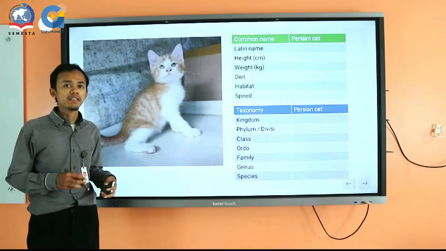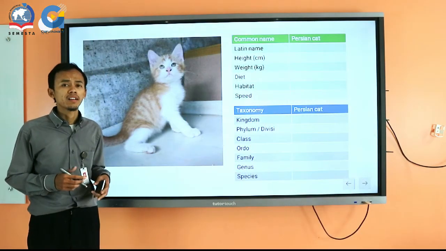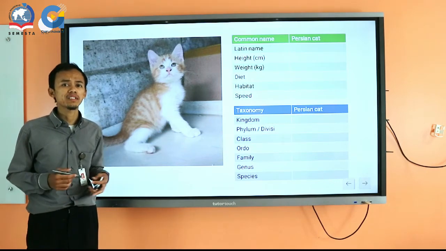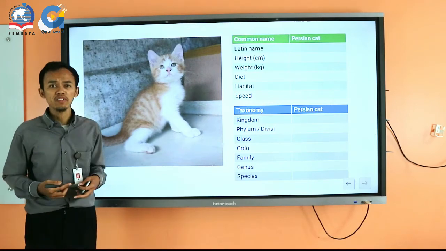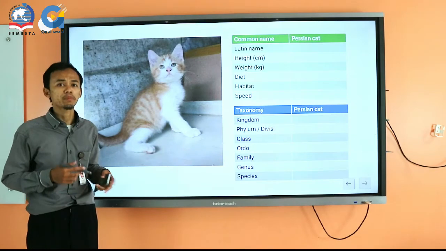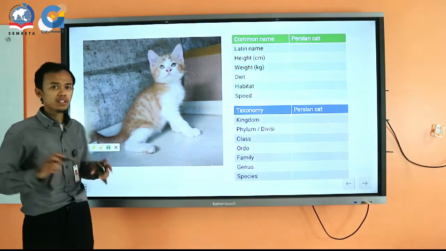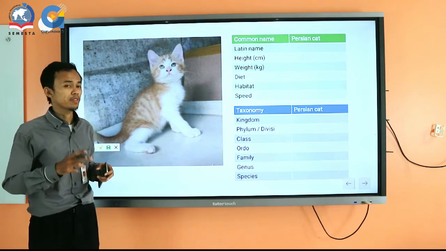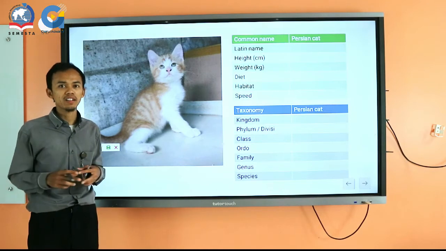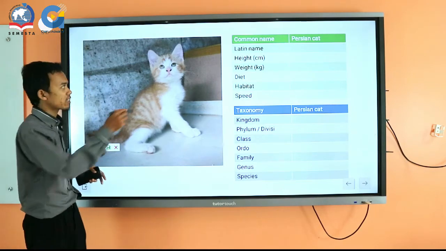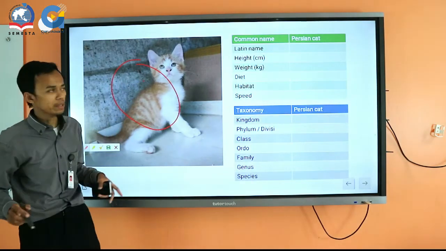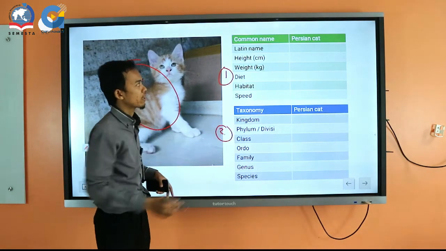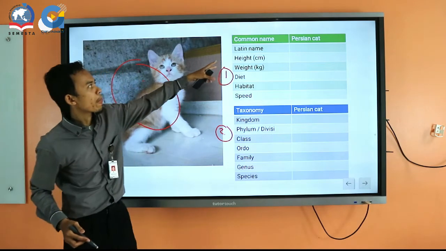Okay, students, I see in the chat box that somebody asked, "Sir, could you give an example of the project that we have to do?" Okay, this is an example of the table that you have to make for the project. First, you capture a photograph of the species with your smartphone. You copy the picture and paste it on Google Docs or Google Slides. Then you make tables. There are 2 tables. The first table is like this.